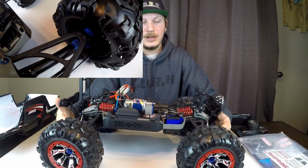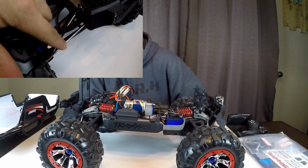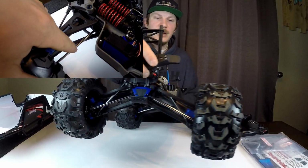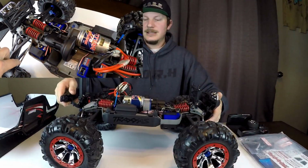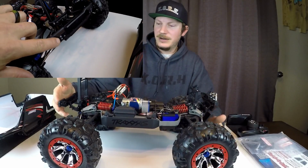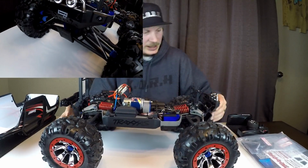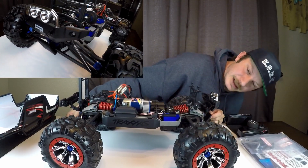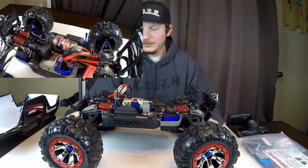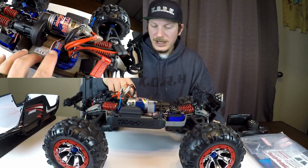It does run pillow balls front and rear, so your camber will be adjustable. Toe in and out is also adjustable with these rods right here. As I said, I'll do the overlook. And it does have LEDs front and rear. It's got 6 LEDs in the rear, and I do believe it's got 4 in the front. So you will have light, which is pretty cool. Moving forward from that, you do have the